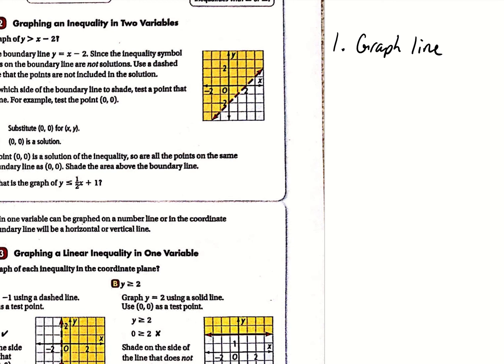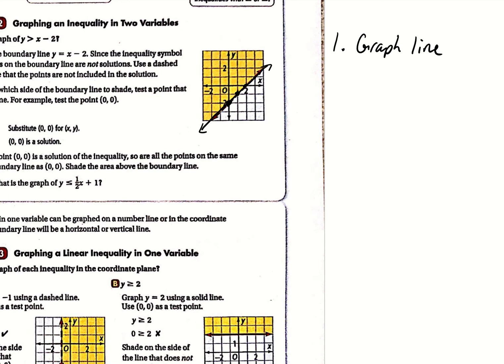All right, which they do right here. So we have x minus 2. So minus 2 is our y-intercept, which is right here. And then our slope for x minus 2 would just be 1, because there's an imaginary 1 in front of that x. So I'll go up 1 over 1, up 1 over 1 all the way, and then graph the line